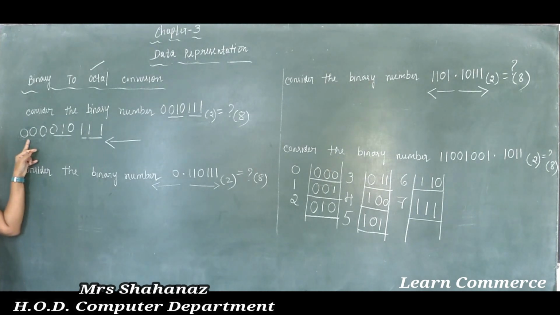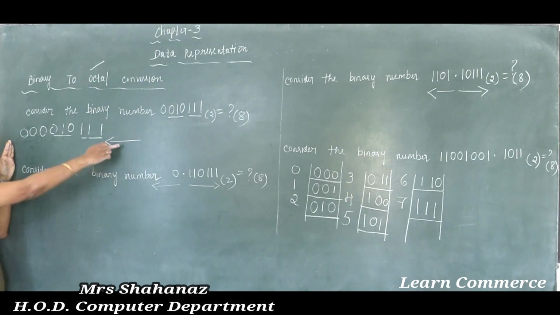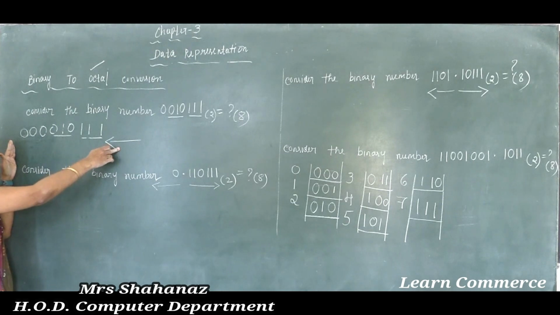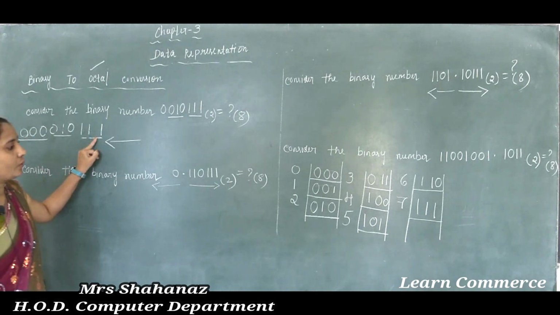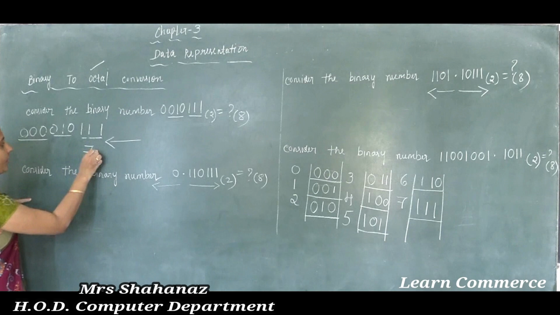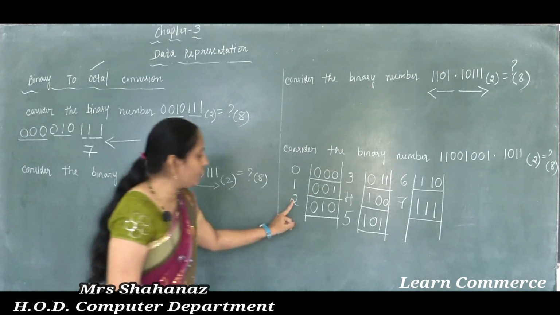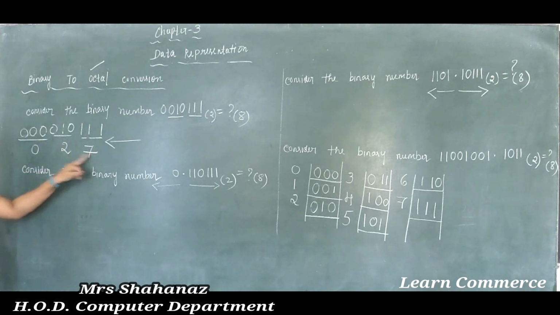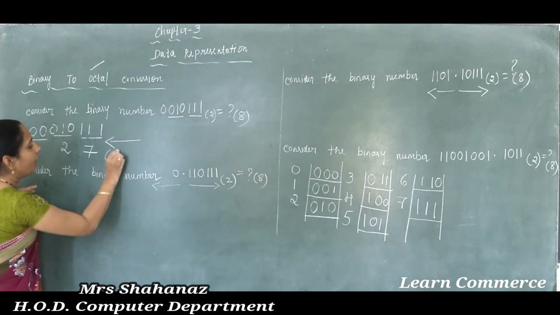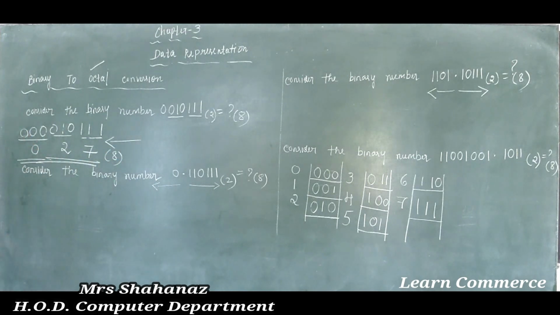As we know that the leftmost bit is called the MSB, the rightmost bit is called the LSB. So without a fractional part, you have to add it. Clear this one. Now when you use 1 1 1, the value is 7, 0 1 0, the value is 2 here, and later 0. So the value we can say is 0 2 7, and later we completed our conversion. The conversion is the octal conversion. So clear this point here.